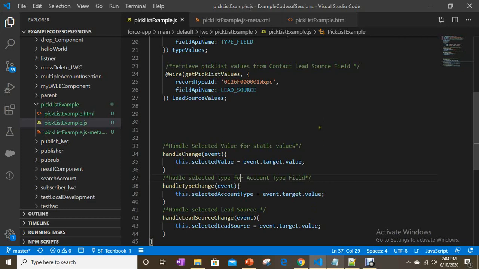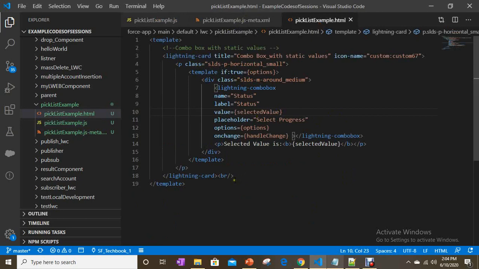Now let's access these properties on the HTML file for the combo box.